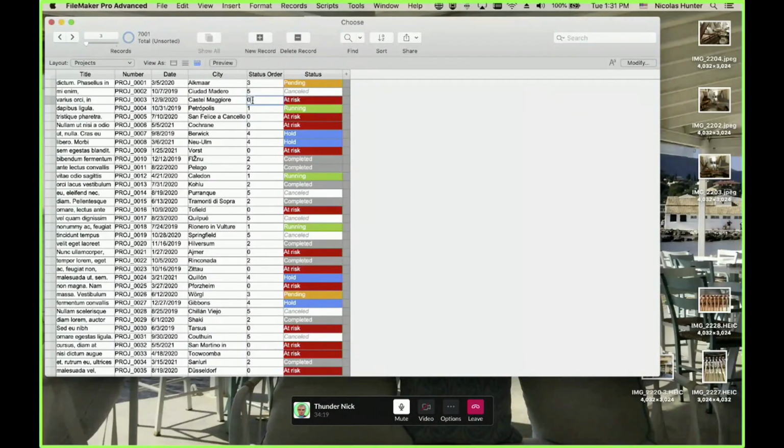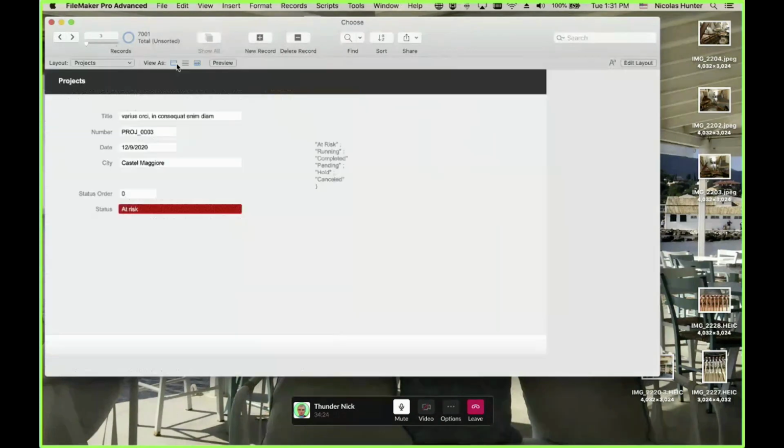So I have here a status that is choose-based, an index-based status. Why do you do that? First of all, I'm going to explain why. When you change the status order, if you put 1, you have running, 2, 3, 4, and 5, cancel.